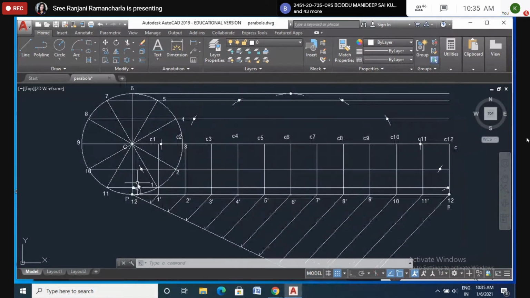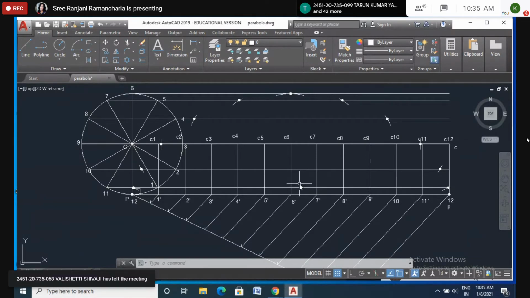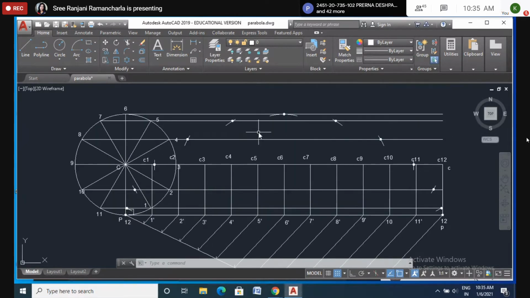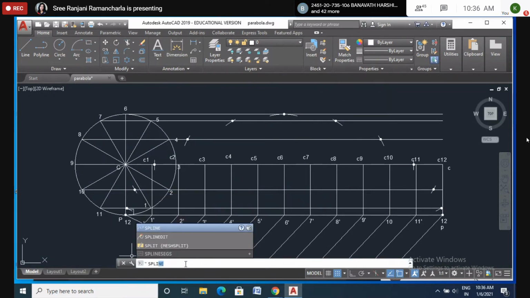So later I will write the points here like P1, P2. This is of course P12 only. So this will be P1, P2, P3, P4, P5. Now what you have to do is draw the freehand curve starting from P1, P2, like this. Okay. So start, but don't overwrite it. Take a thick HB pencil, single stroke. It should be a single stroke. If you want, you can move your drawing sheet comfortably. Okay. So I will draw the SP line, and I will start from here.